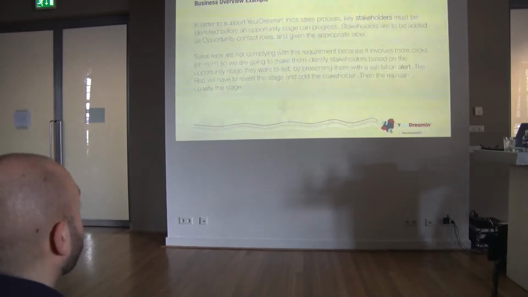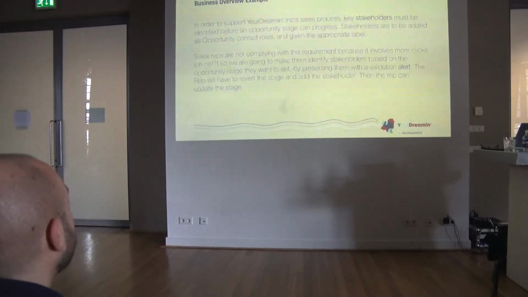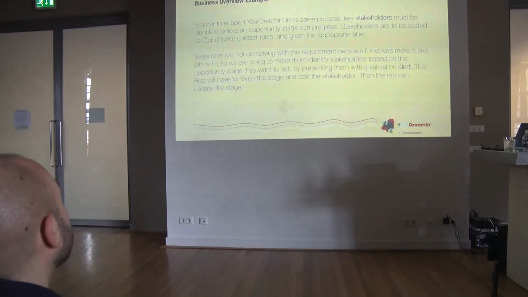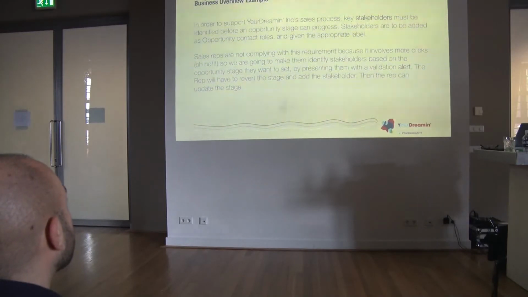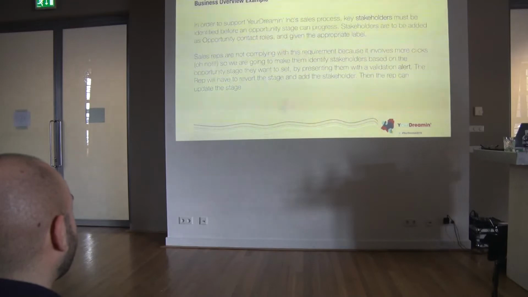For the project we're going to go over today, it's very simplified. But in order to support your Dreaming Inc. sales process, key stakeholders must be defined before an opportunity stage can progress. Stakeholders are to be added as opportunity contact roles and given the appropriate label. Sales reps are not complying with this requirement because it involves more clicks. Oh no! And so we're going to make them identify stakeholders based on the opportunity stage they want to set